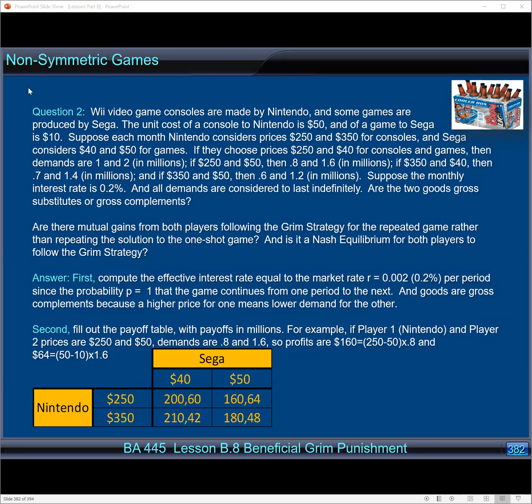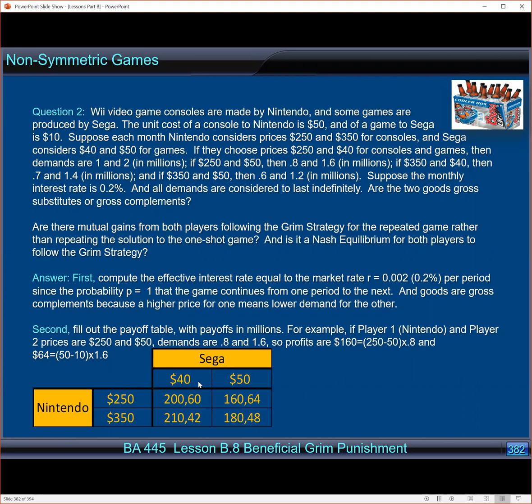Here's another non-symmetric game. It's going to be a prisoner's dilemma that we're going to attempt to solve with the Grim strategy. So, first step, distill the information given into this strategic form. You identify the players, Nintendo and Sega, and the choices that they make. I give you the unit cost up here, and then here's the choices, 250 and 350 for Nintendo, and 40